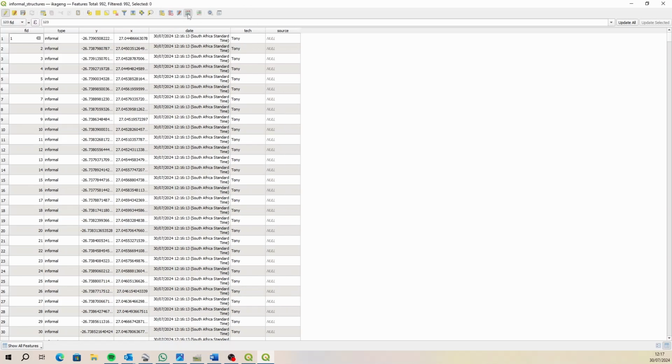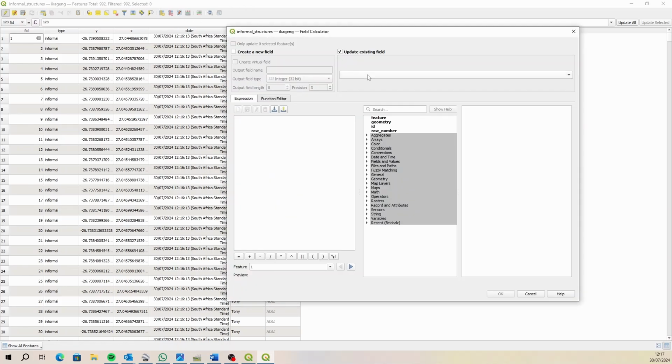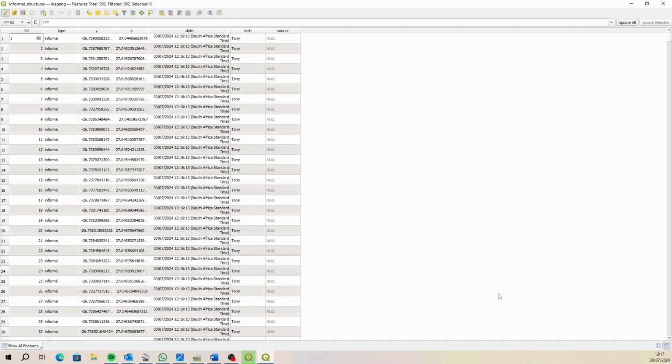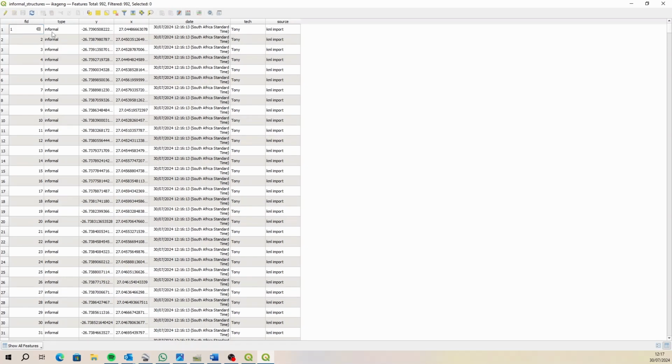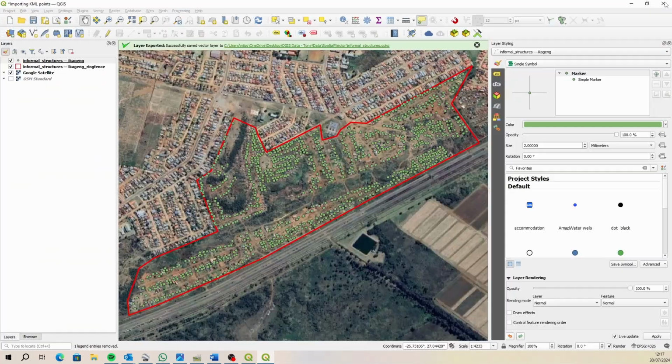The source of all of these is going to be the KML import. So we'll just call it KML import. Okay, and then save and close. Stop editing and close. Okay,